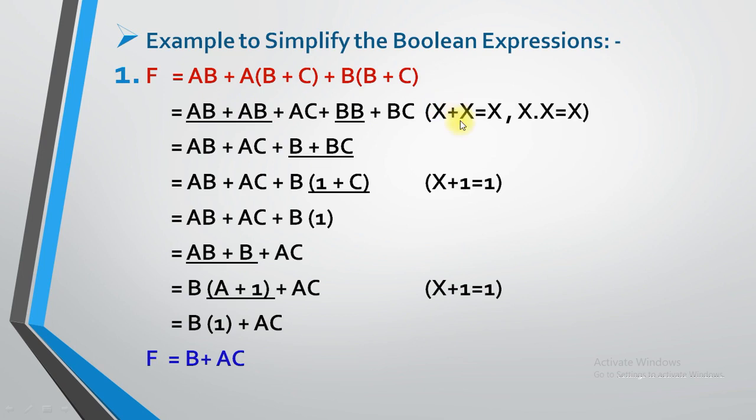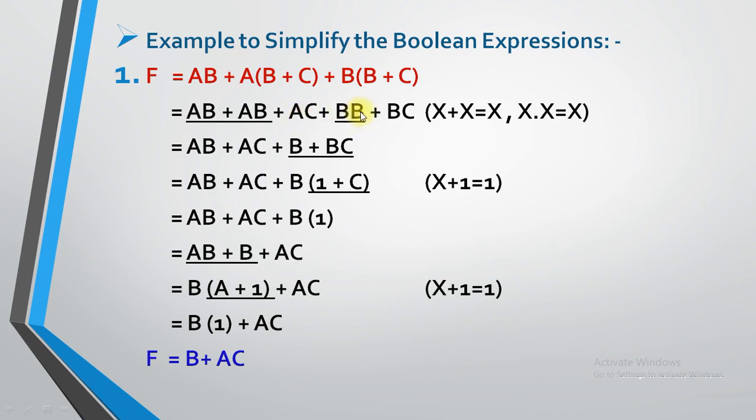Let me repeat this once again. A into bracket b plus c is given. So you need to multiply a by b and a by c. So ab plus ac and b by b, that means bb plus bc. Now see, based on the postulate, there is one postulate called x plus x equals x. That means instead of 2 times ab, you need to write only 1 time ab. Then ac, keep it as it is, because right now we don't want to touch that particular term.